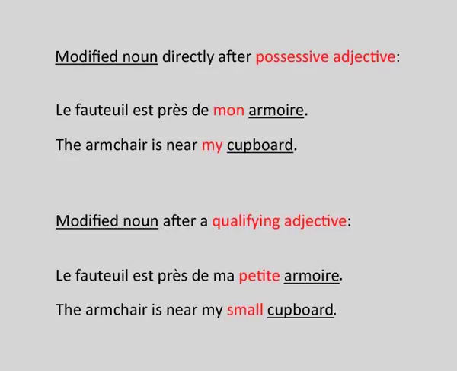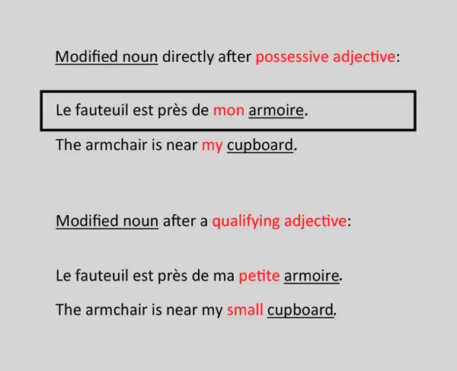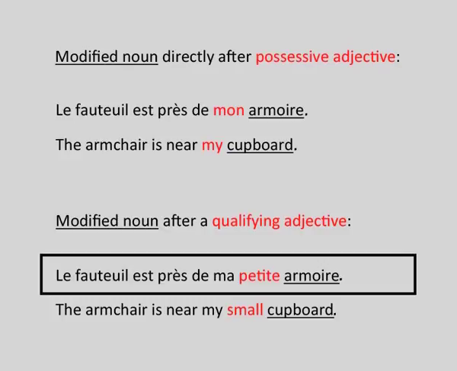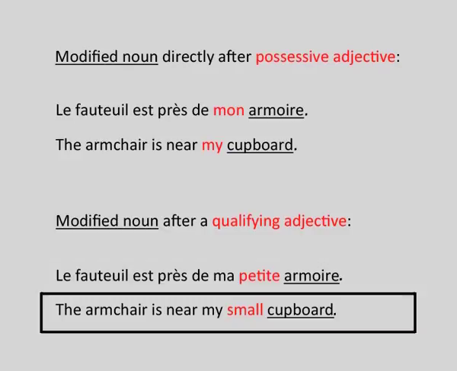Before we proceed to the text that reviews what we learned today, let me quickly run through the rules once again. In French, possessive adjectives always match in gender and number with the noun they modify. When unsure which noun is modified, simply remember that in French, the modified noun always follows the possessive adjective either directly after it, as in Le fauteuil est près de mon armoire, which means the armchair is near my cupboard, or after a qualifying adjective such as Le fauteuil est près de ma petite armoire, which means the armchair is